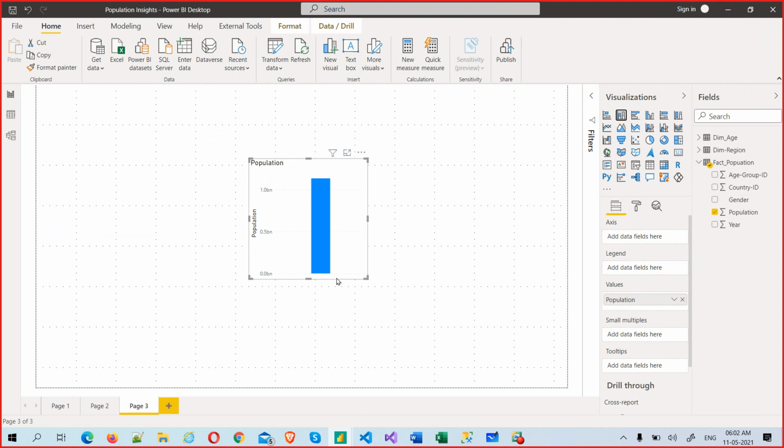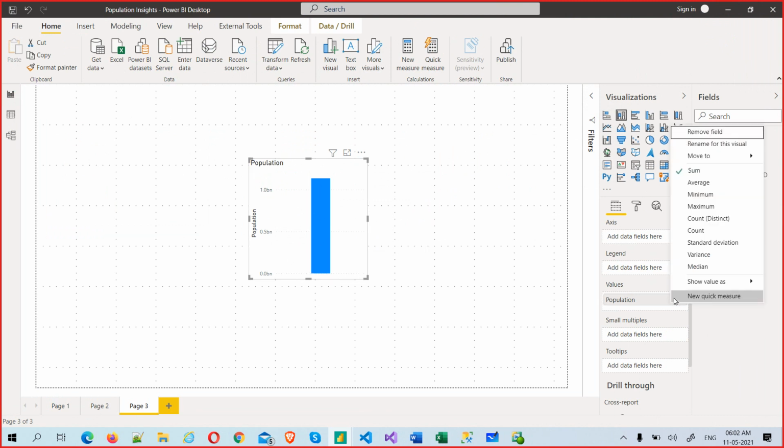Only one value, and if you see, this is actually a total population. I didn't say that I want total population, but because I've taken it into values, values give you a total. If you see, the sum is already done. Sum means total population.